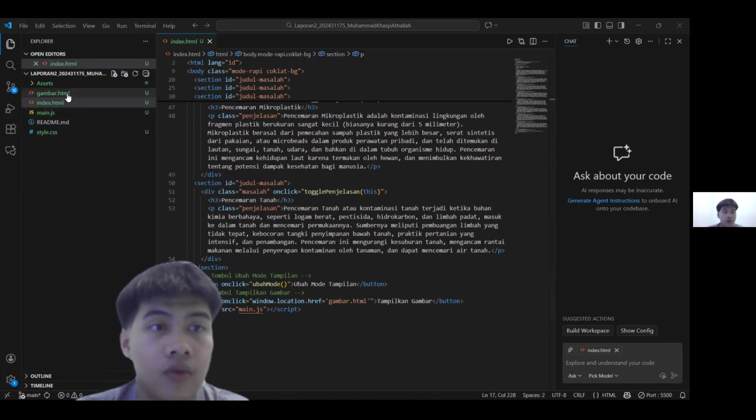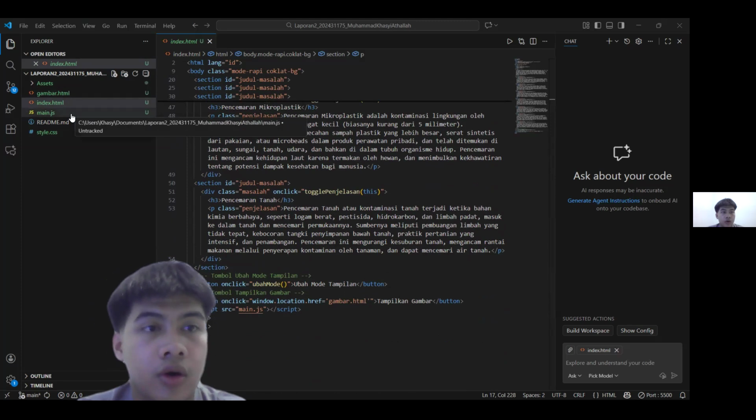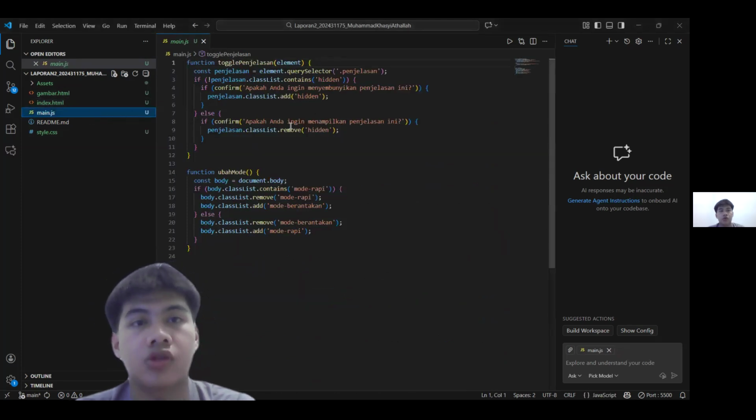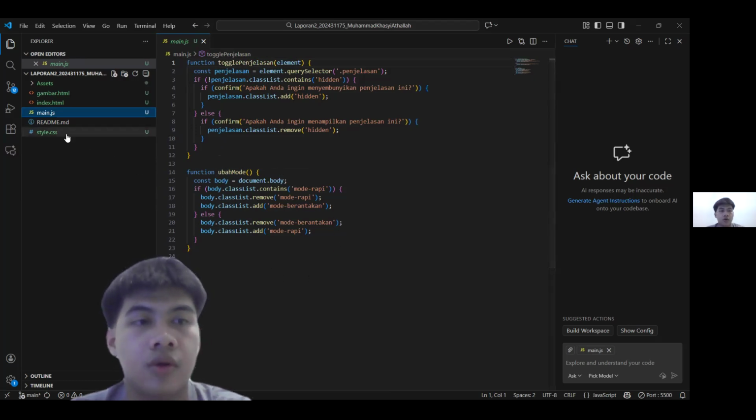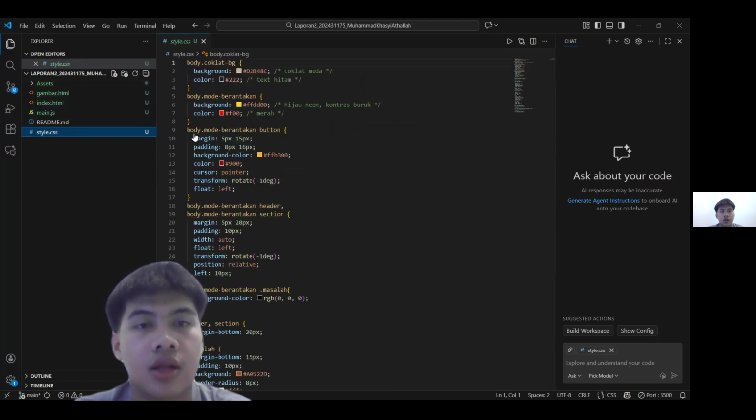And then we go to the JavaScript source code. This is to create the function of the penjelasan, and ubah mode is to change the mode. And then we go to the style CSS.